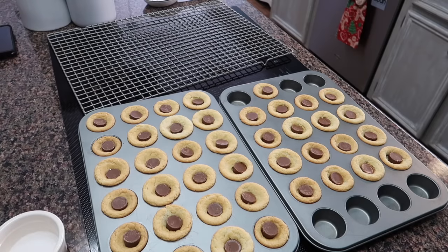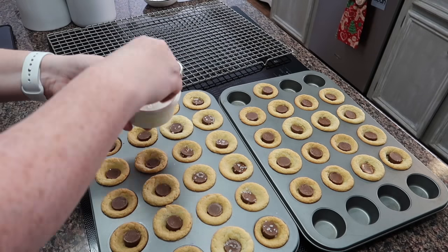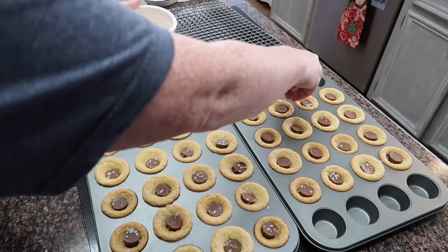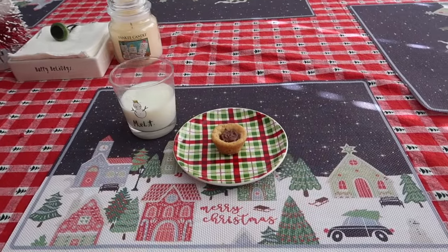Because the cookie is warm, the chocolate will start to melt, so you certainly can take a knife and kind of spread the chocolate around if you want. But while this chocolate is softening up is when you want to sprinkle the salt, and then you want to let them cool for a little bit in the pan so they can firm up so that you can transfer them to a cooling rack. Once they're transferred over, you're going to again let them cool so that the chocolate hardens again, and then voila,